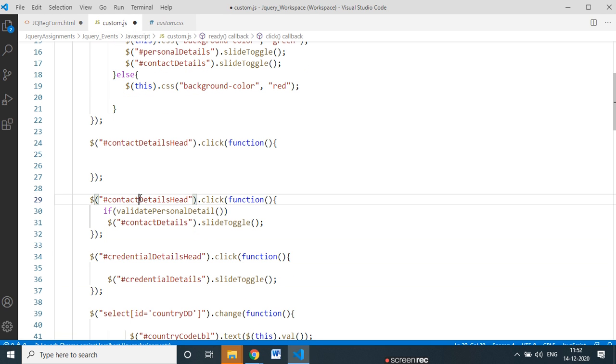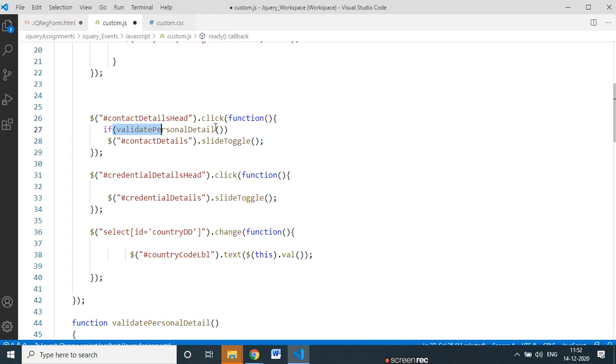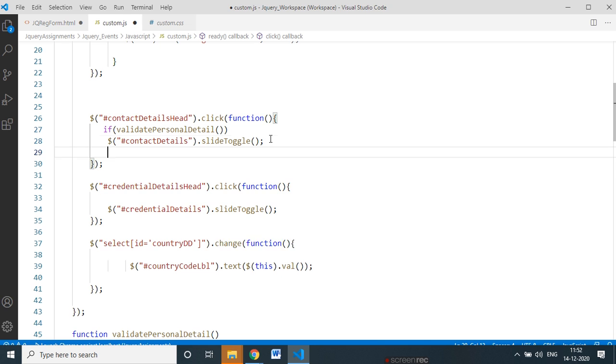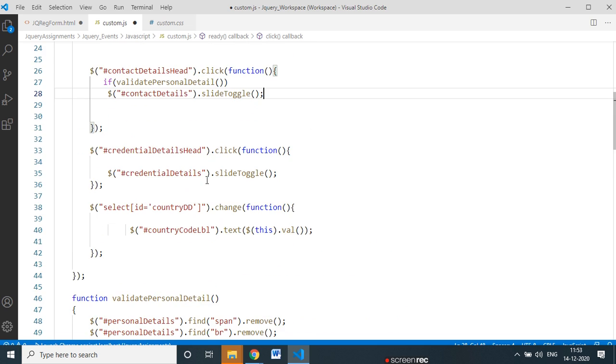So contact head click is already there, so I don't need to put this, okay. What we are doing here is validating personal details, and then it will toggle. First it will validate the previous personal details, and then it will toggle that section. After that toggling, after the slide toggle means after the expand, then what we are going to do, we are going to call our